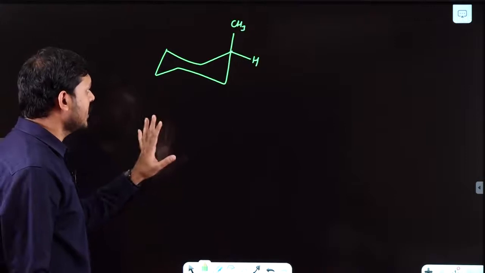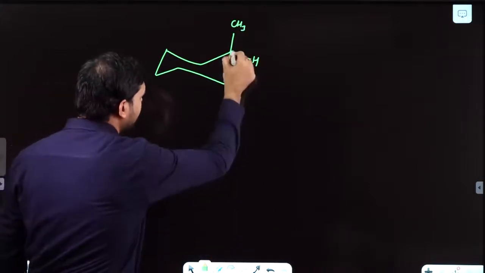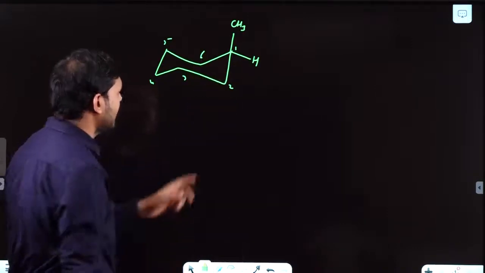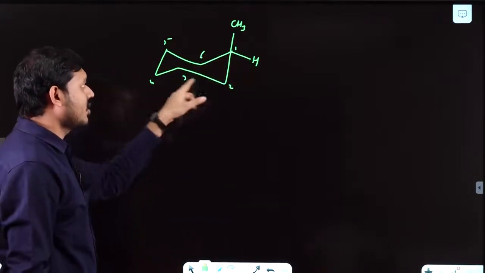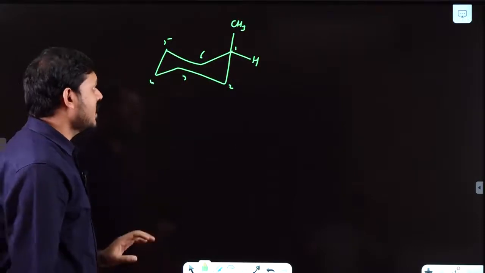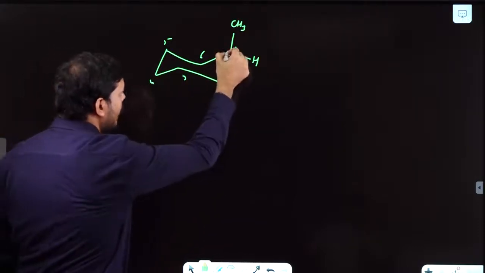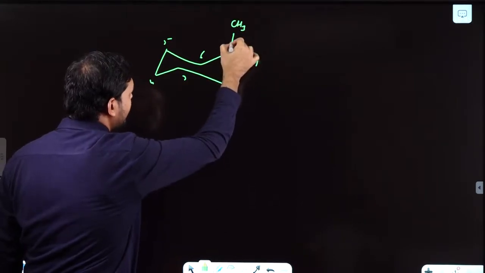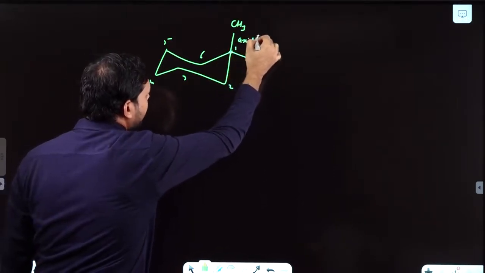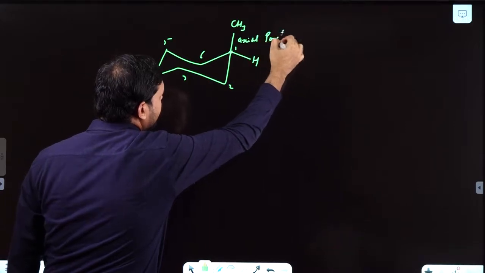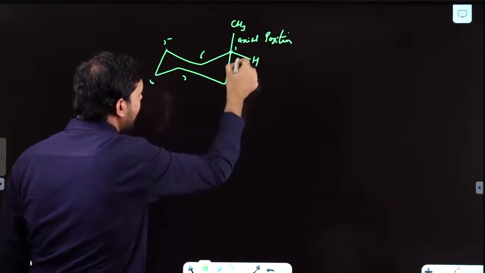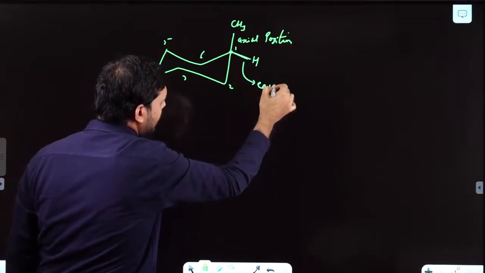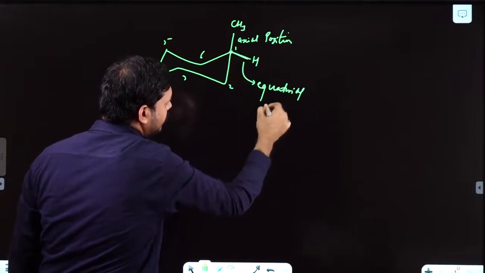See, I am taking an example of this one, 1, 2, 3, 4, 5, 6. So it is actually 1-methyl cyclohexane. In this 1-methyl cyclohexane, you can see this carbon is having 2 different positions. So this position is called axial position. Okay, and this one is called your equatorial position,